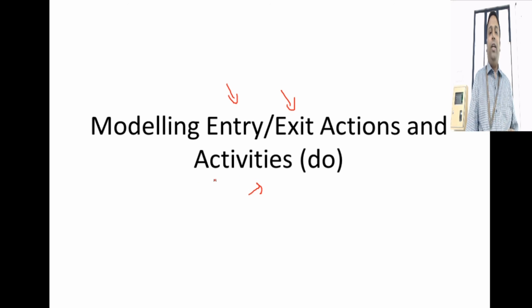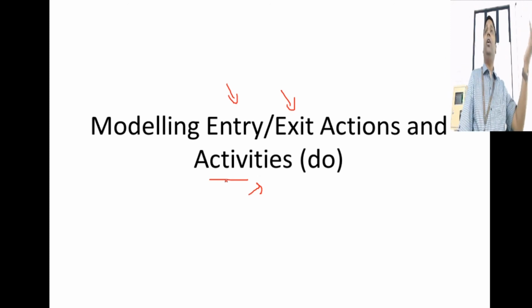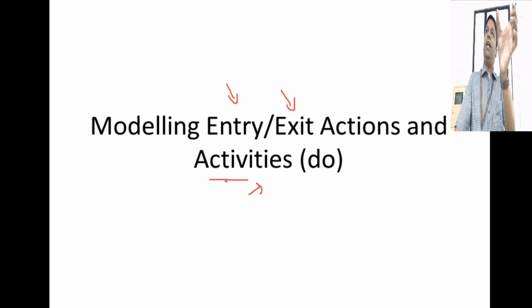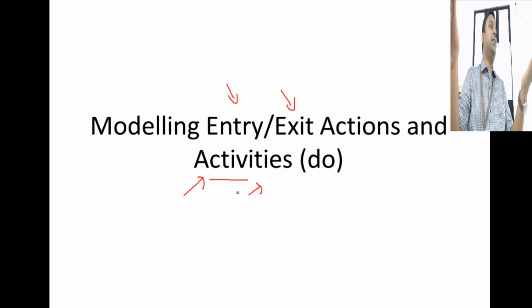And what activities can you do? What do you mean by modeling activities? While that object is in that state, what all activities can we do using that object? Generate a report of all the payment defaulters. That is a method which will generate a report on all the objects in that particular state. This will not transit the state of that object from one state to another. It will just perform that when that object is in that state.